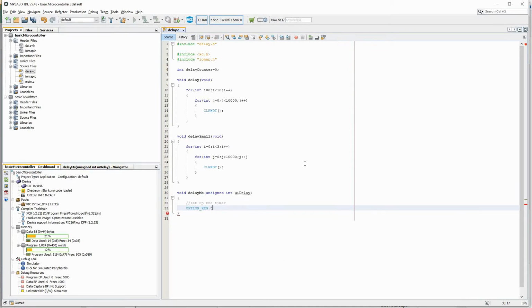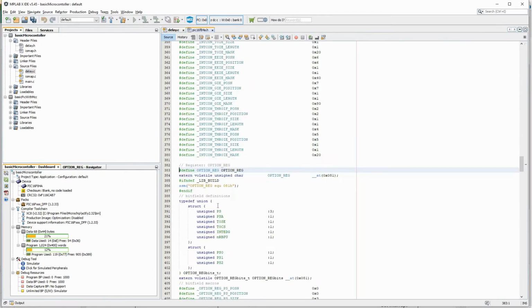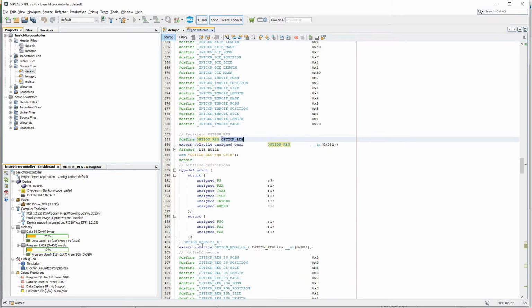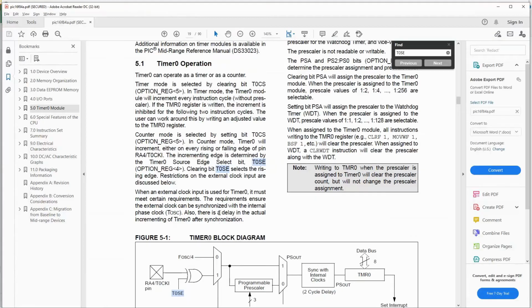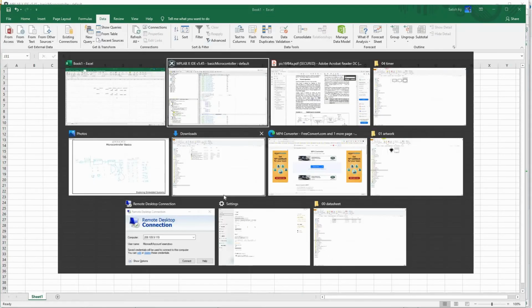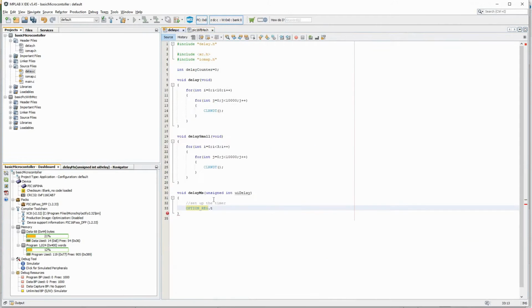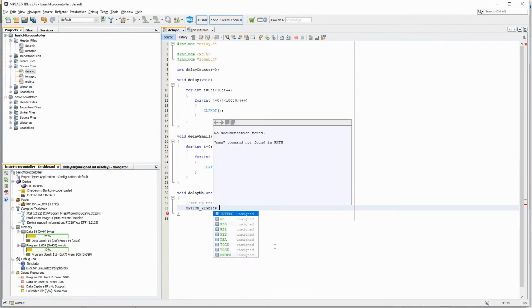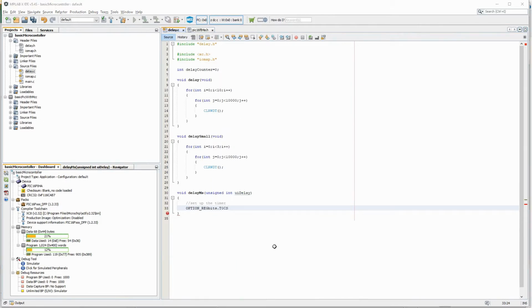Let me see what is the structure of the option register. So I have to use this option register bits dot TOCS.